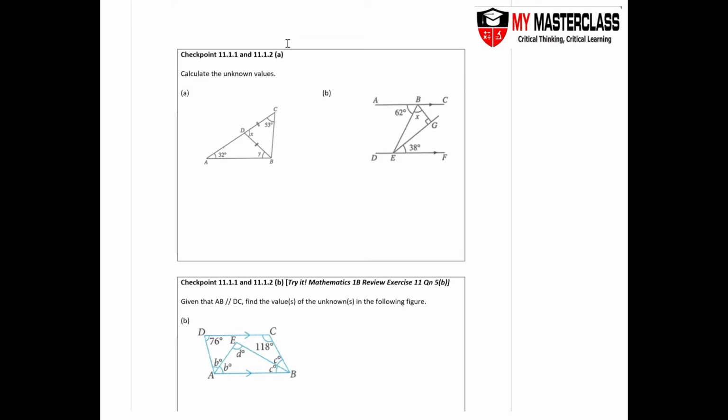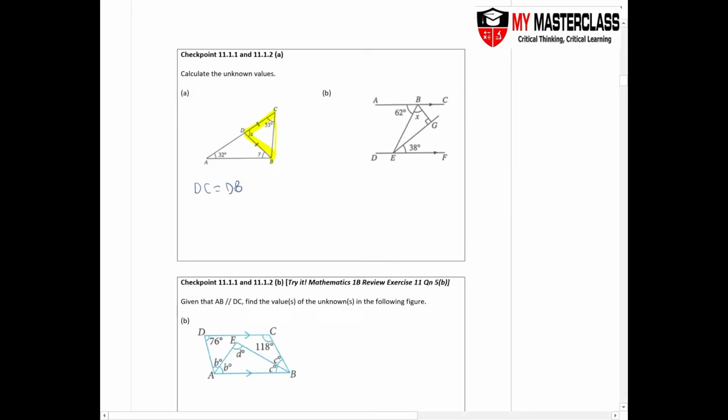Now in this chapter, polygons and geometrical constructions, let's take a look at checkpoint 11.1.1 as well as 11.1.2 part A. We are asked to calculate the unknown values of x and y in part A. Now, let's take a look at this. This particular diagram, let me highlight this in yellow, tells you that DC is actually